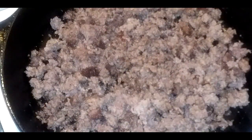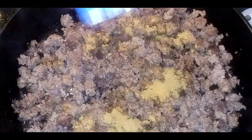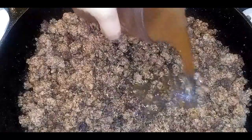Here's the ground beef. It's been drained. To this recipe, I'm going to add about 2 teaspoons of cumin and about a tablespoon of chili powder. Give us a stir. I'm going to add about a half teaspoon to a teaspoon of onion powder. Okay, so now I'm adding about a half cup to 3/4 of a cup of beef broth, some fire